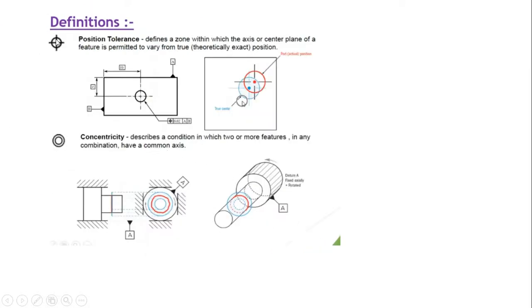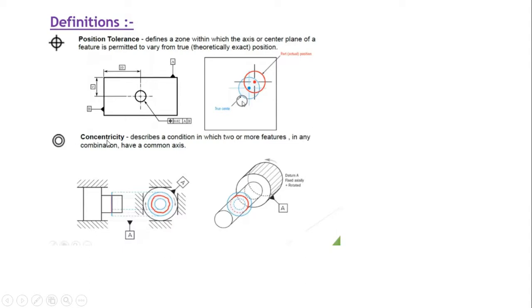Now the definitions with respect to positions. We have the position tolerance, exactly at this location we define it. We consider this as datum A and B. With respect to this, it has the tolerance 0.02. The placement of this particular hole is like this.